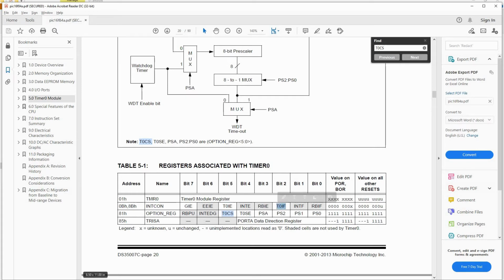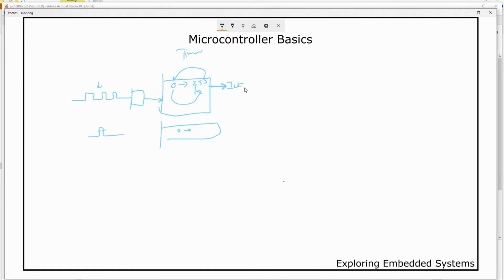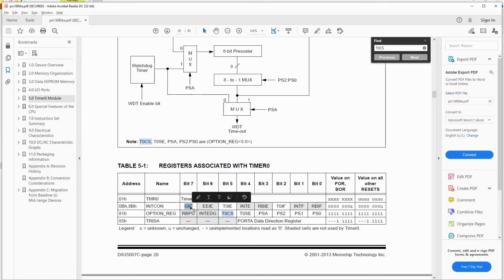So basically what it means is this: when I told you this interrupt is set, this Timer 0 interrupt flag is the one which will be set in the hardware register. If this register is set, it means it has overflowed. Timer 0 interrupt enable and GI, I will tell you about the interrupt when I start writing the interrupt. For now, let's just set up the timer and directly poll for this interrupt flag.